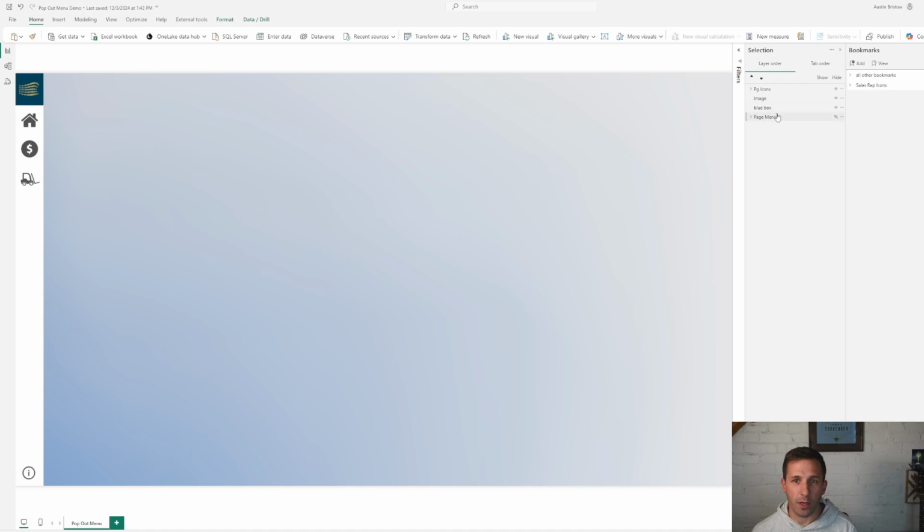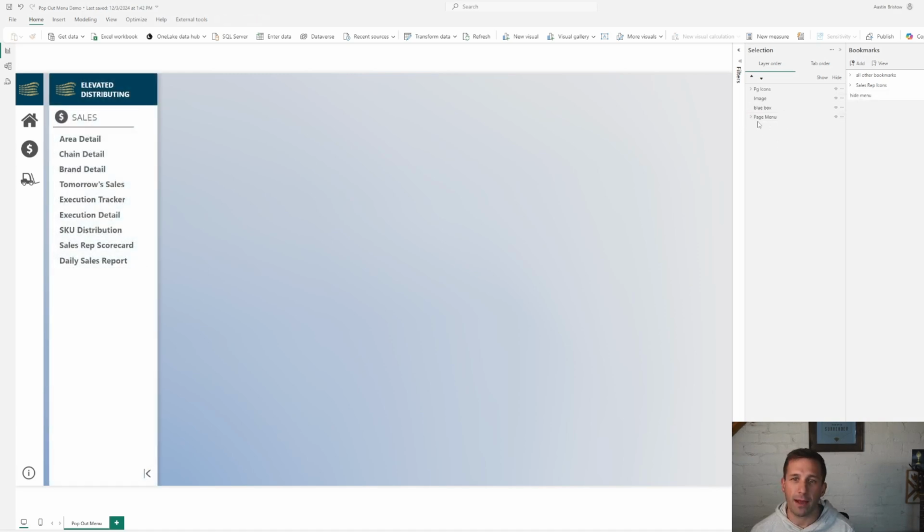just create a bookmark, and it's going to be based solely on this one item. So all you have to do is have that collection of menu items selected and turned off, and this is going to be our hide menu bookmark. And then we want to go here and tell it to not include any data, even though there are no slicers included in that section. And we also want it to be the selected visuals only, which again is really simple because they're all contained within that one thing. What we'll do then is turn on this, and then we have,